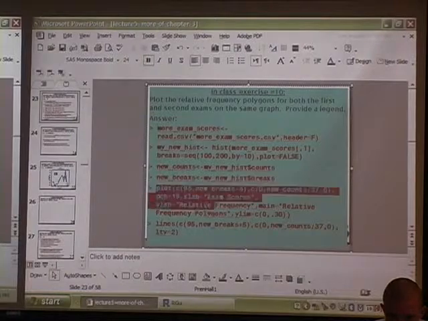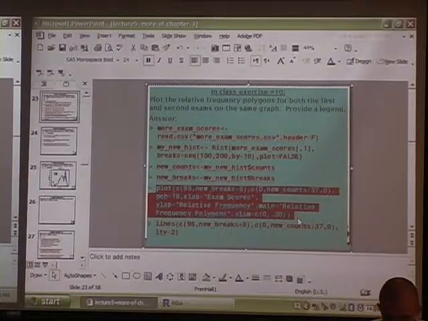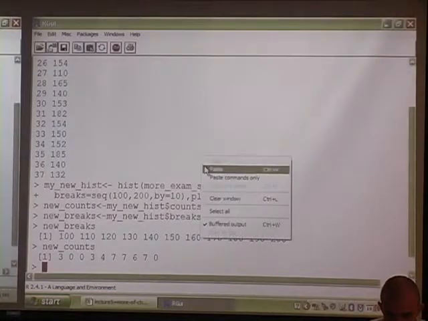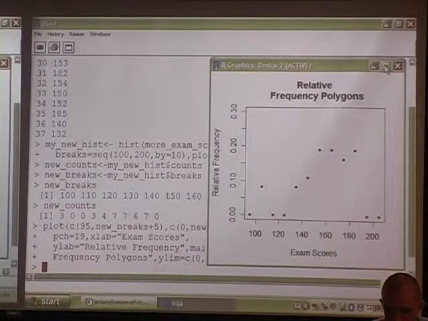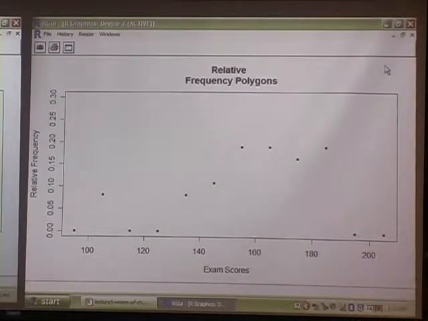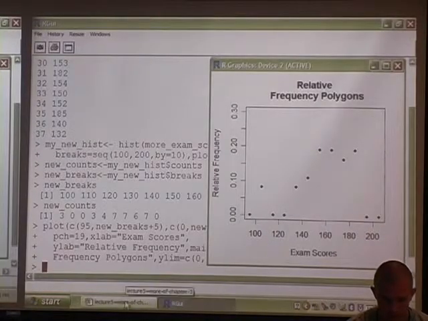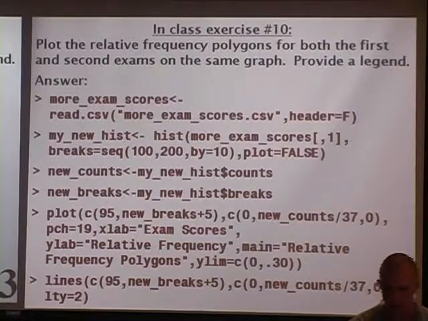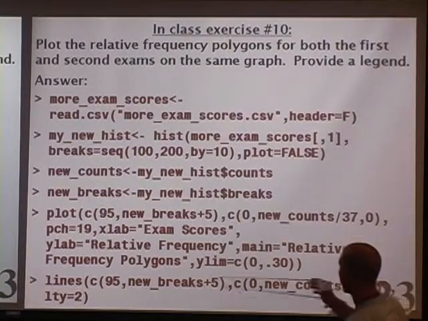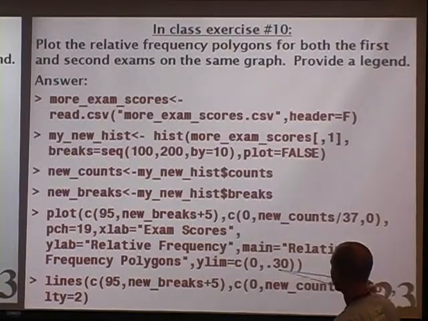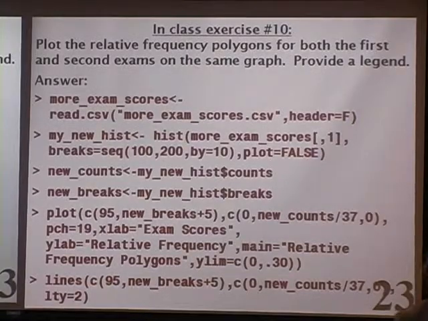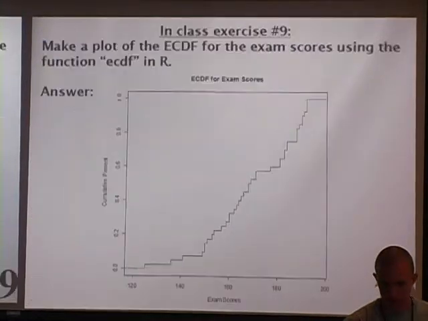I basically plot the new breaks on the x-axis, the new counts on the y-axis, and there's my polygon. So the only thing I need to do now is connect these points by lines. Now the one thing you might wonder about is I had to set the y limit argument. I set y limit going from 0 to 0.3. R will set the y limit by default, but if you look at